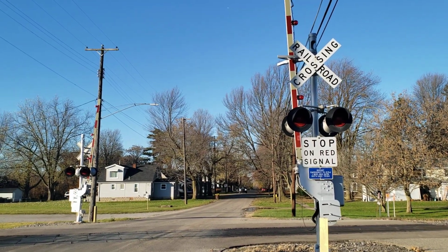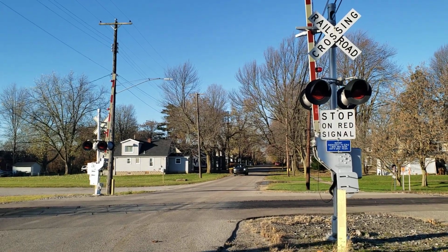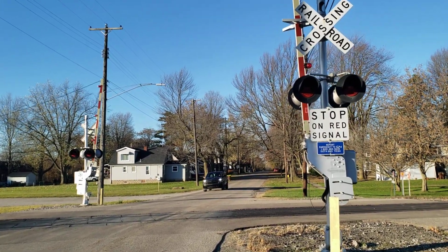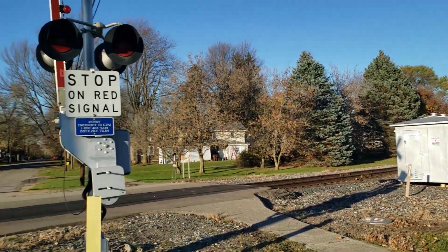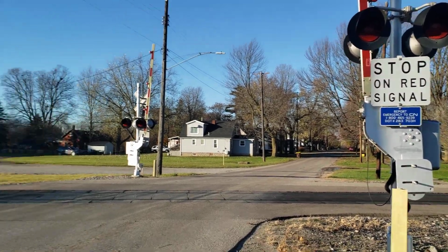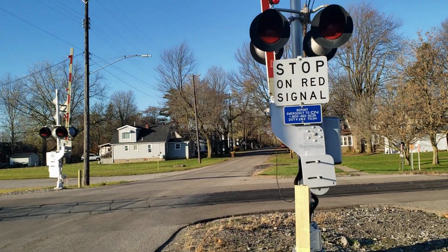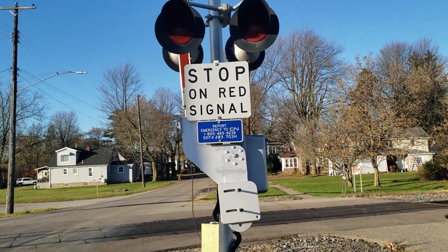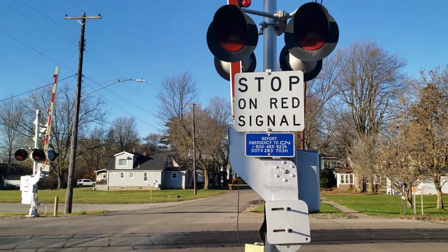All right, here I am at the Shiawassee Street Railroad crossing in Bancroft, Michigan. So this crossing right here is another rather interesting crossing owned by the CN Flint subdivision. Now, unlike many of the other crossings on this line, this one has some differences from the modern Siemens installs that CN puts on this line. And this one does feature some pretty classic stuff, some remnants from what it had back in the Grand Trunk